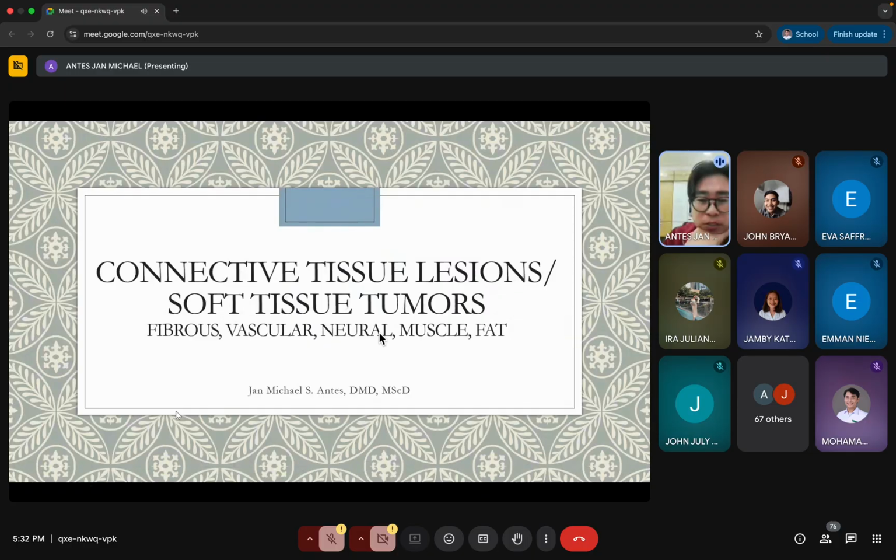Regarding adipocytic or the fat cells, okay, adipocytes, I'm not going to refocus more on its histologic subtypes. All you have to do is just to know which of this is lipoma or the liposarcoma. Anyway, you already know how to diagnose lipoma and liposarcoma, just basing it on its pleomorphism, its atypia, and its mitotic numbers.